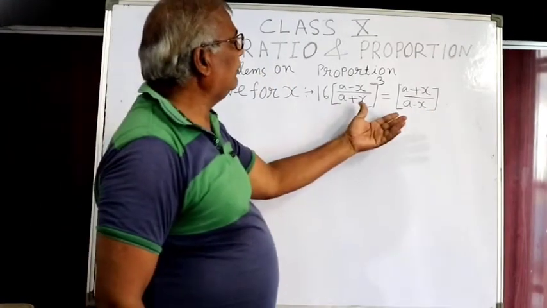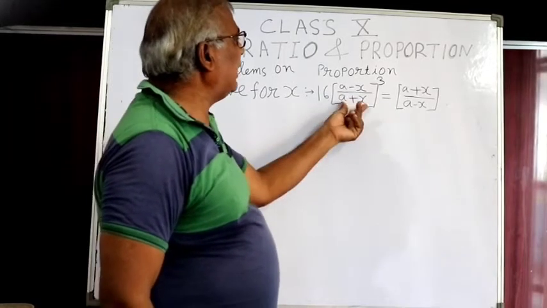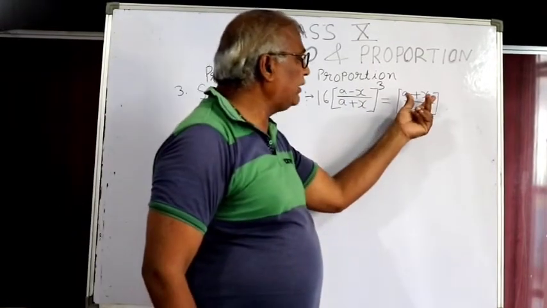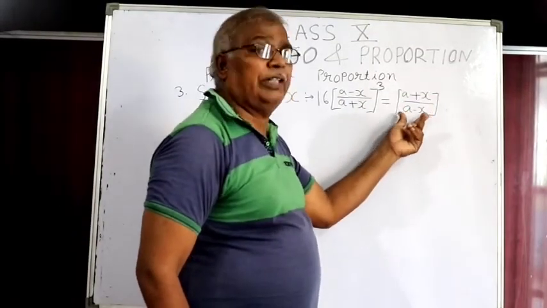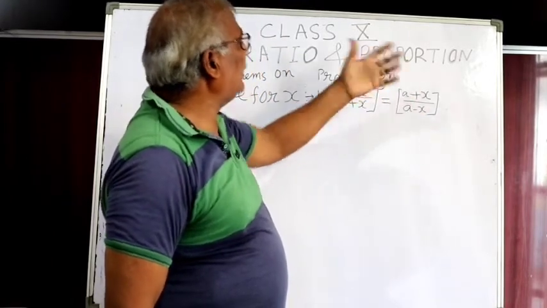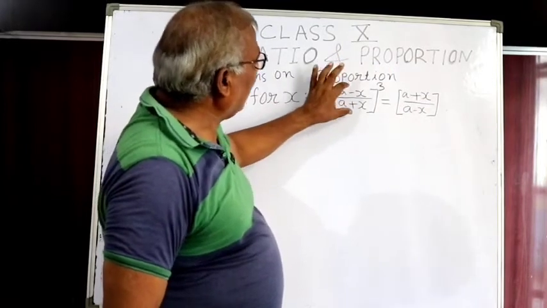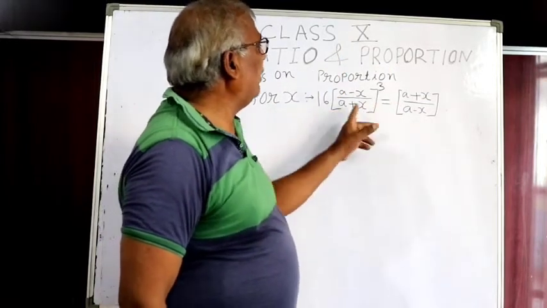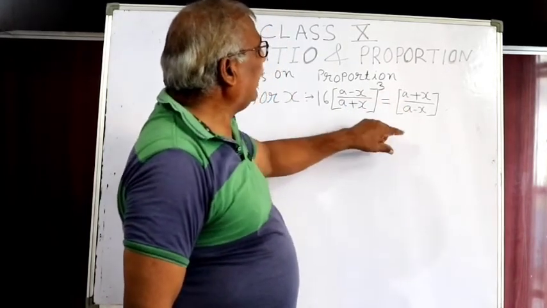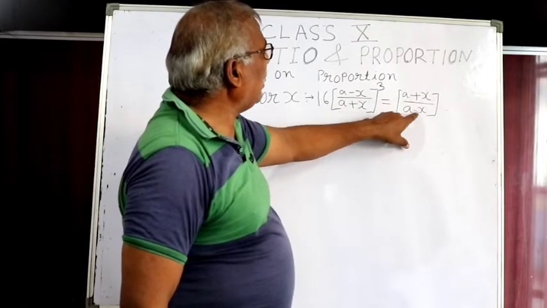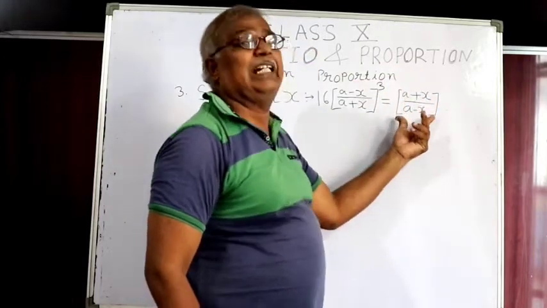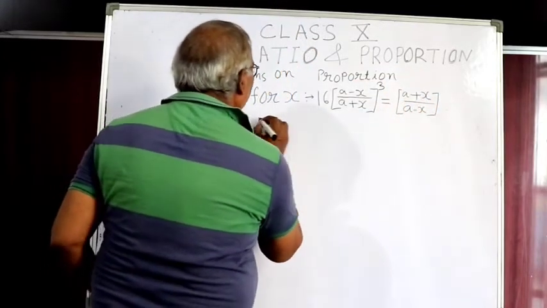In this question, on the left hand side we have a minus x upon a plus x, and on the right hand side a plus x upon a minus x. The right hand side is just the reciprocal of the left hand side. So we will multiply both sides by a minus x upon a plus x, the reciprocal of the right hand side. We get here